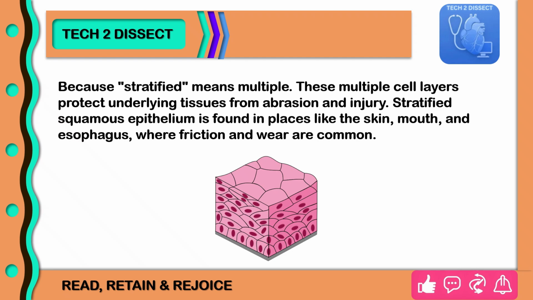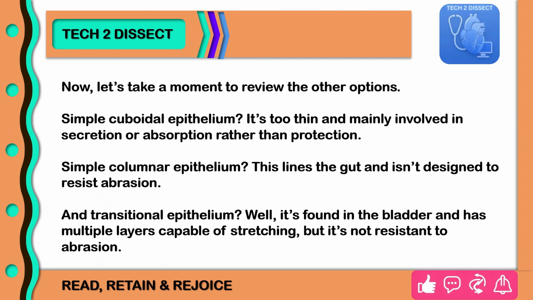Now, let's take a moment to review the other options. Simple cuboidal epithelium. It's too thin and mainly involved in secretion or absorption rather than protection. Simple columnar epithelium. This lines the gut and isn't designed to resist abrasion. And transitional epithelium. Well, it's found in the bladder and has multiple layers capable of stretching, but it's not resistant